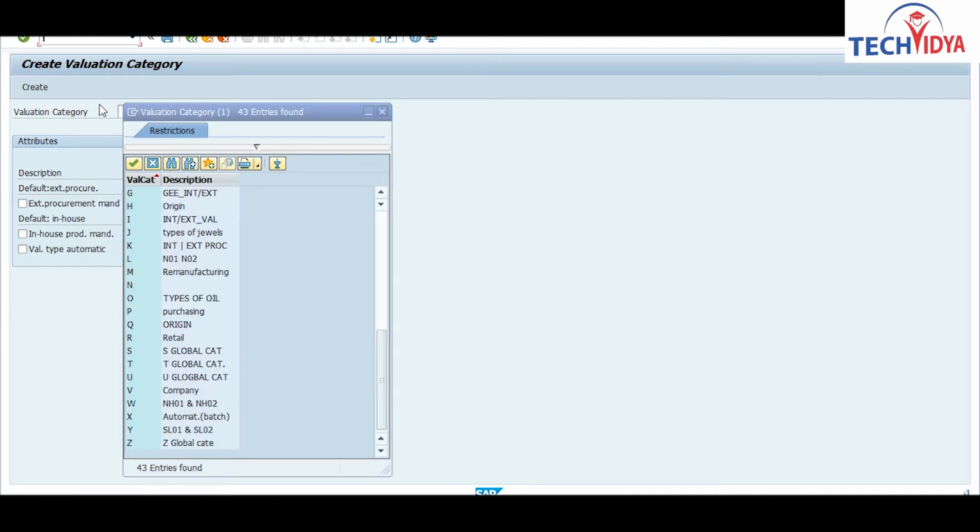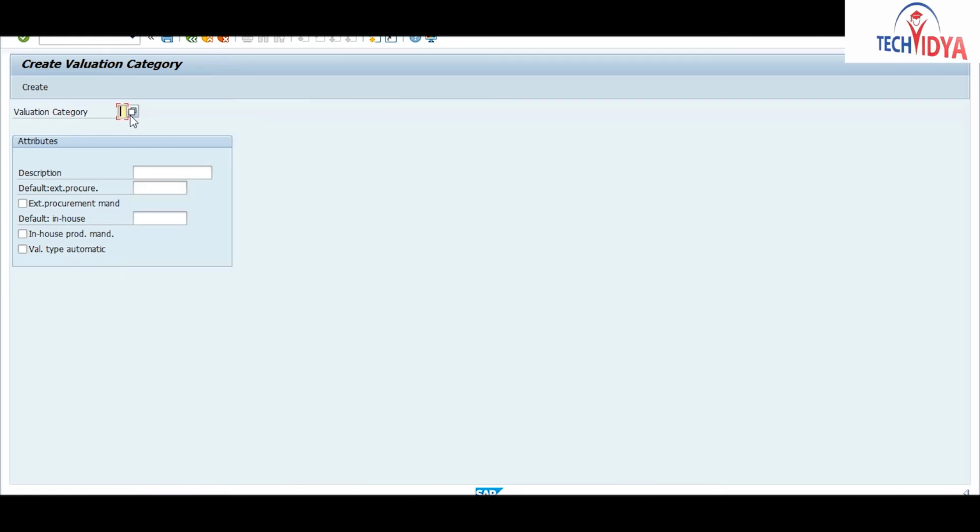So we will go for 4. Your default external procedure will be S dash external, and in-house will be S dash in-house.